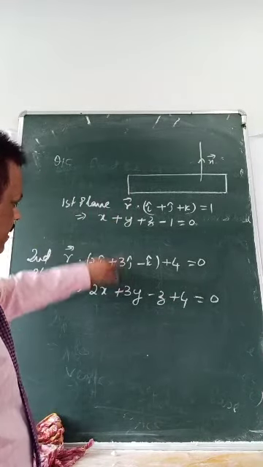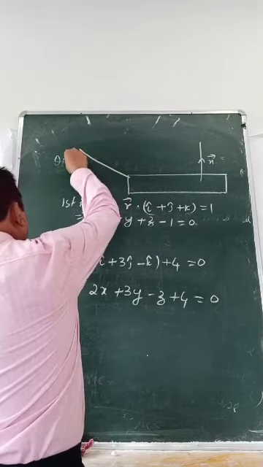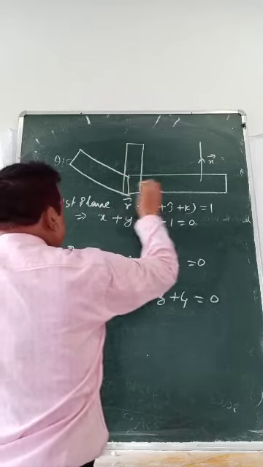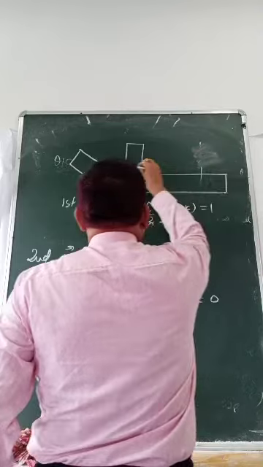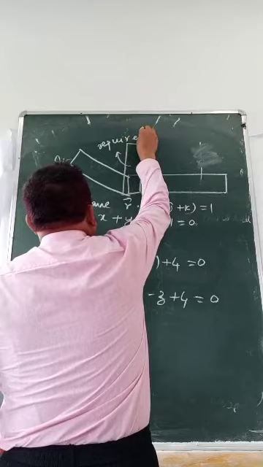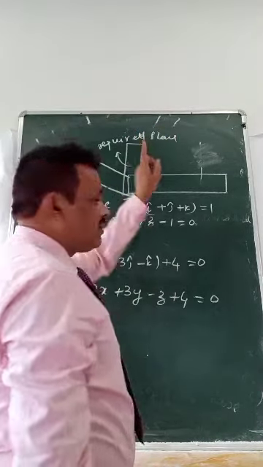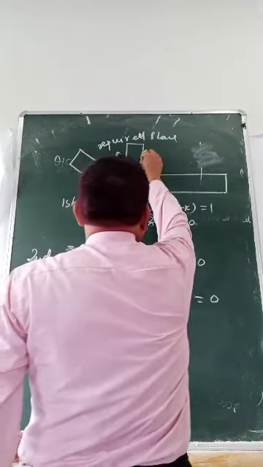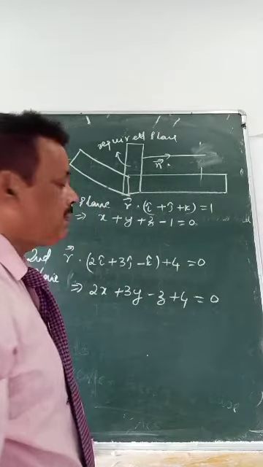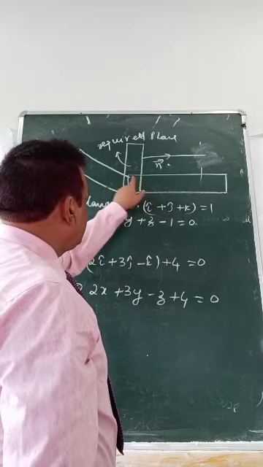Now the intersection of these two planes, so you are getting another plane here. So I will draw the normal. This is our required plane. Through the intersection of planes, you have a third plane. So the third plane also will have a normal. Got my point? So now what is the intersection of planes? You are getting a third plane.